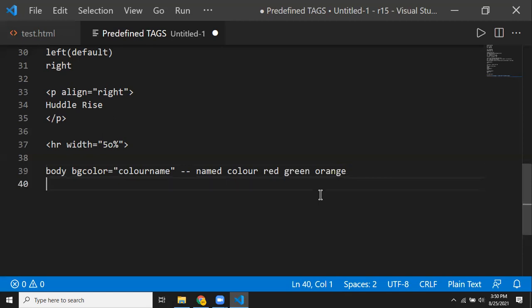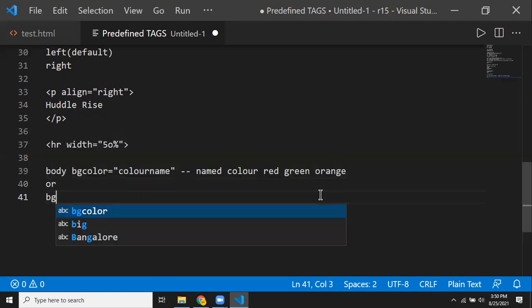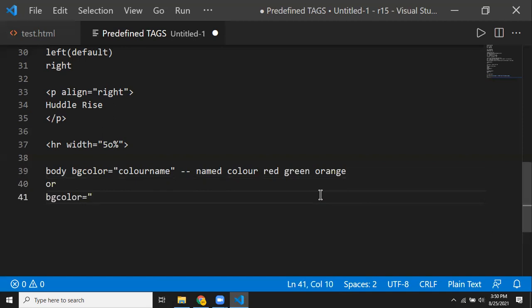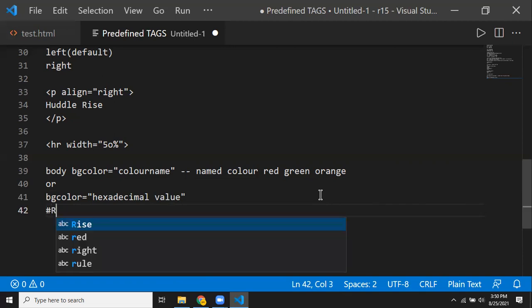Or I can also have another way of doing this: BG color is equal to, I can give hexadecimal values. The hexadecimal value starts with a hash symbol, and this hash is followed by the RGB, the red, green and blue combination.